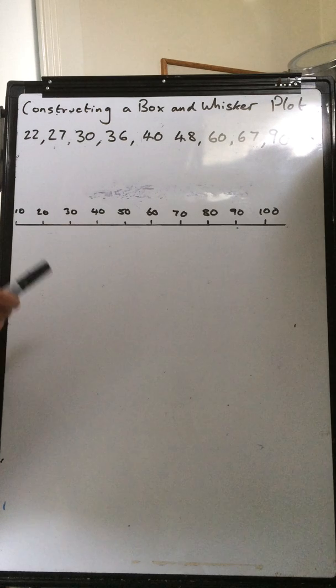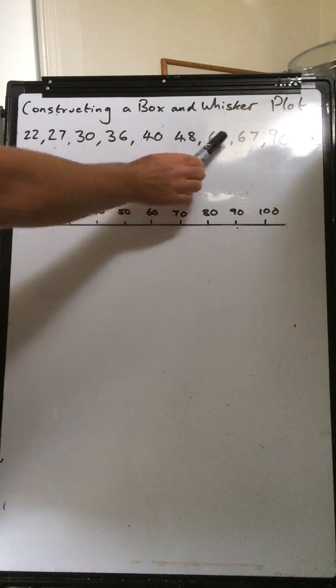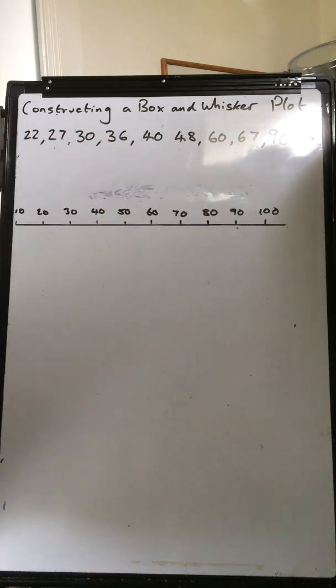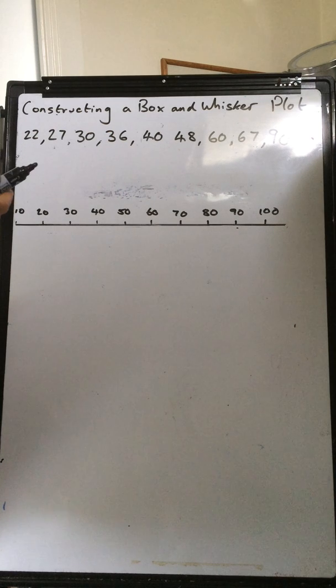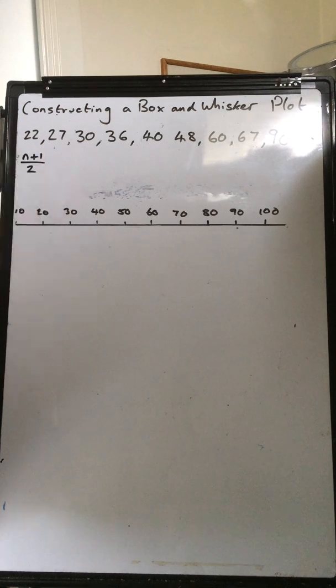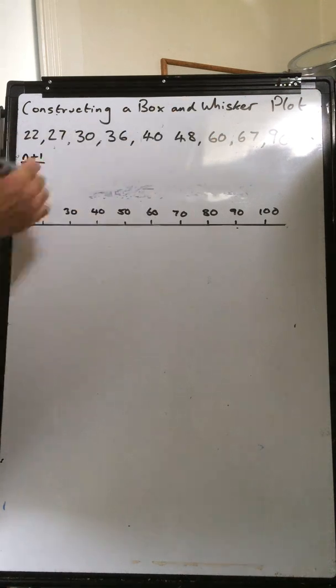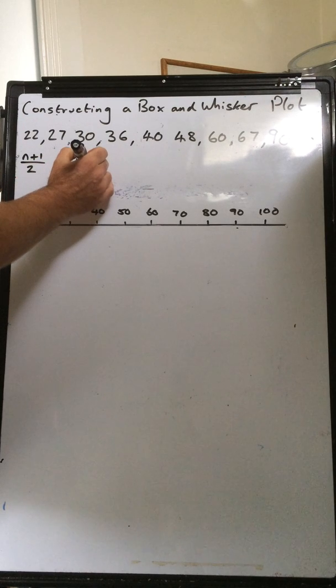So first thing we have to do is find out how many bits of data we've got. So we've got 1, 2, 3, 4, 5, 6, 7, 8, 9. We've got 9 bits, and I need to find out where my median is. One way that we learn how to do this in our younger years is to slowly work our way into the middle. Well, we're not going to do that. To find the median, we use n plus 1 divided by 2, where n is the number of bits of data. So we've got 9 bits of data, add 1. So we do 9 plus 1 divided by 2. So 9 plus 1 is 10,